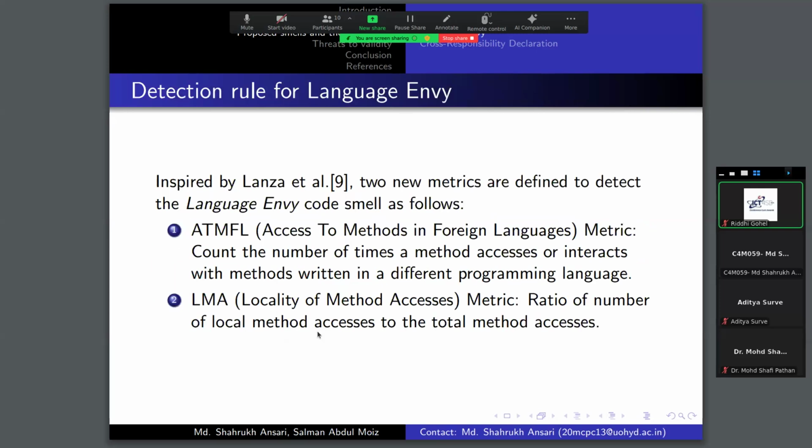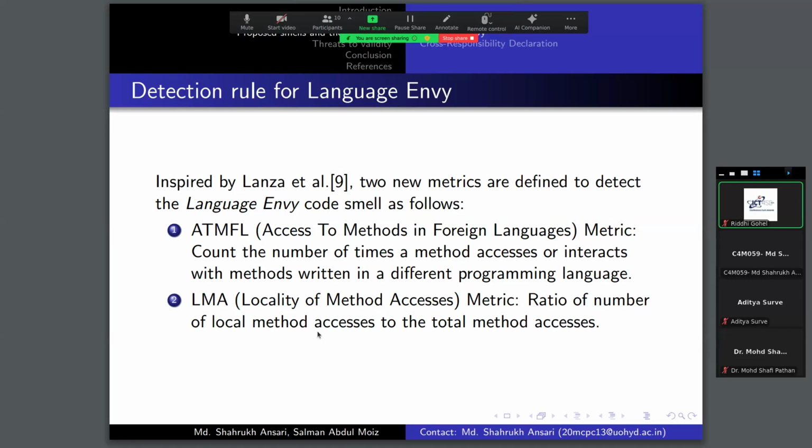So we propose a detection rule for language envy inspired by Lanza et al., which proposes a detection rule for feature envy in single language systems. And this language envy is for multi-language systems. So we define two metrics. The first one is ATMFL, access to methods in foreign language. It is the count of the number of times a method accesses or interacts with methods written in a different programming language. And another is LMA, locality of method access, the ratio of the number of local method accesses to the total